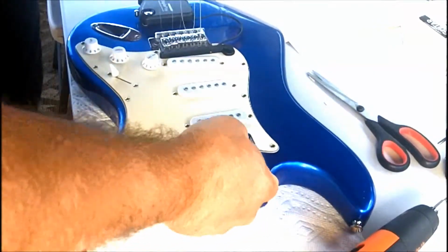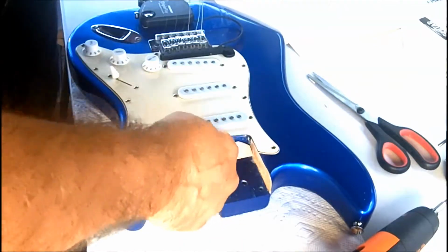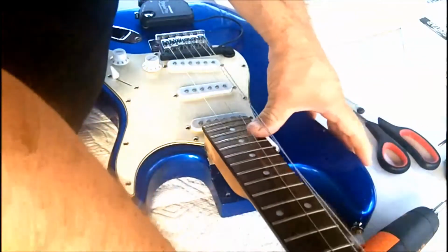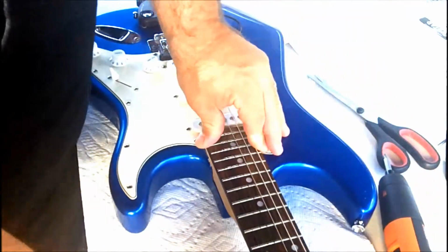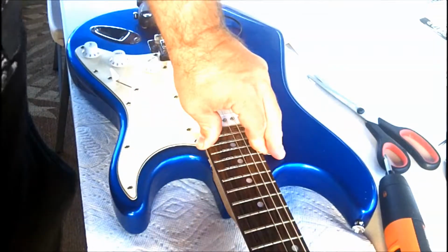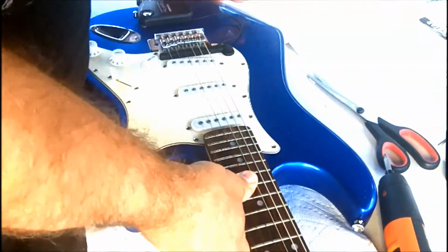There's the neck pocket. Okay, so what I said I was going to do, basically, put that little piece of cardboard all the way in the end, and put that on top of it. And what that little piece of cardboard is going to do is make the neck tilt back just ever so slightly. Alright. Now with the neck back on,